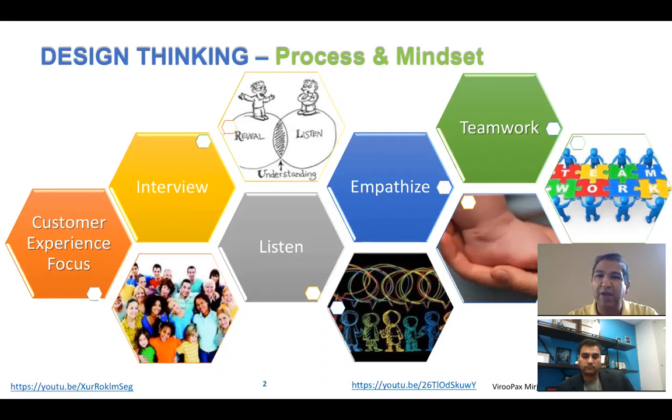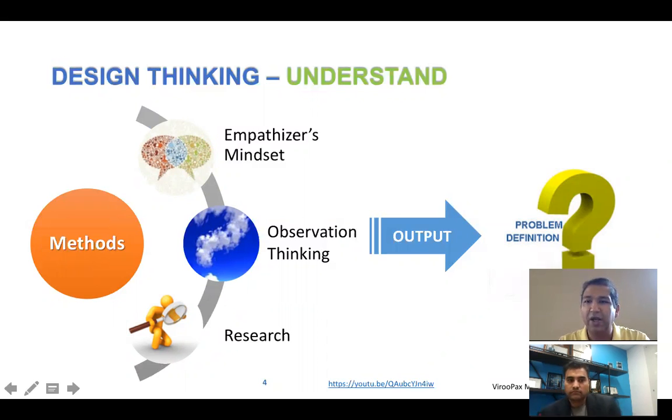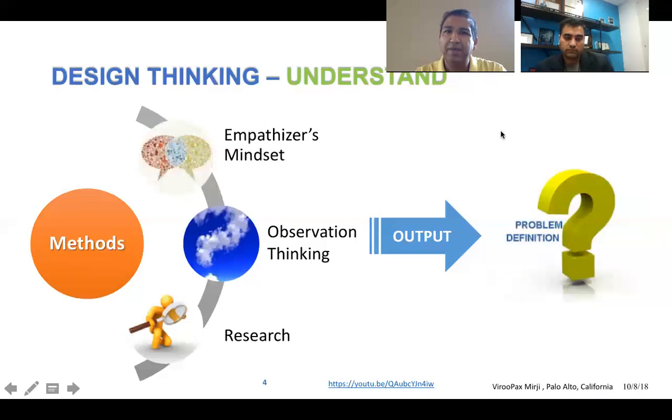So keeping this in mind, I'm going to go to the next slide, which is the first step, which is empathizing. And when you want to empathize, there are different methods you can deploy and avail. As you can see here, we have an empathizer's mindset, which is very open in nature. Think of it like a child's mindset.